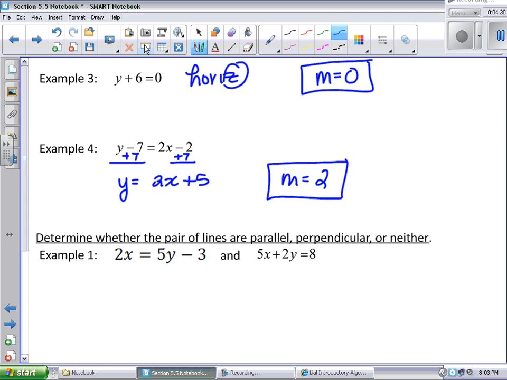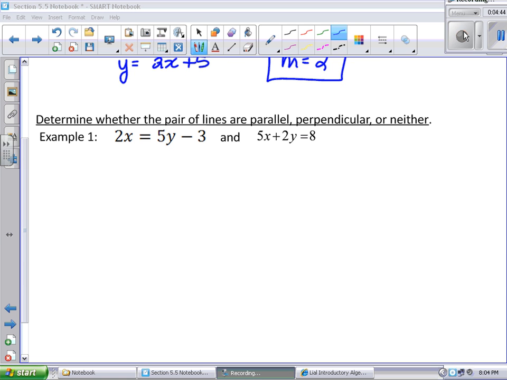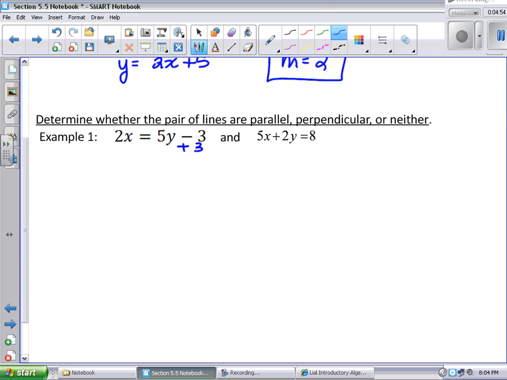Determine whether the pair of lines are parallel, perpendicular, or neither. So remember, in order to do this, we need to know if the lines have the same slope, have negative reciprocal slopes, or neither of those cases. So let's start with the first equation. We need to get the y by itself. Doesn't matter which side of the equation it's on, but we need to get it by itself. Here it's easiest if I add 3 to both sides first,